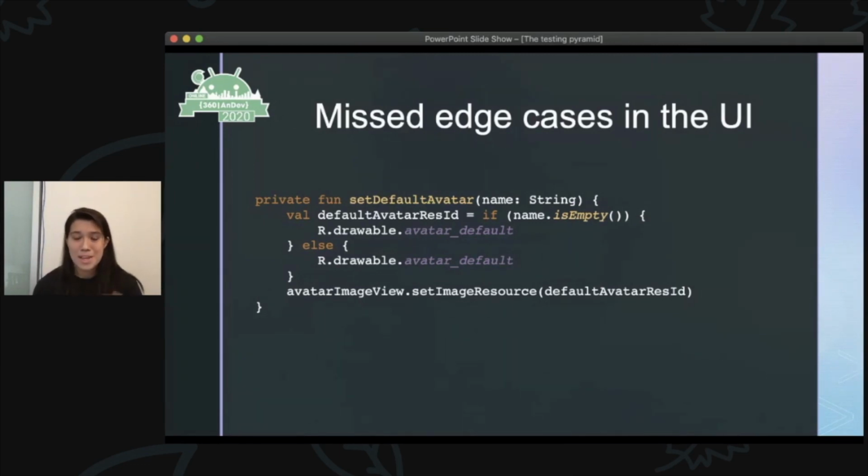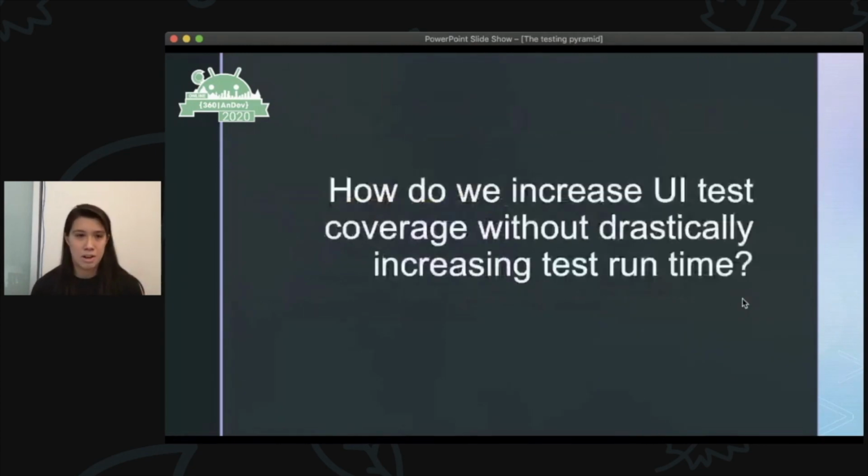But an end-to-end test would have been far too expensive for this little widget that is part of such a larger screen, right? So this leads to the more general question of how do we increase UI test coverage without drastically increasing test runtime, and other bad things that come with end-to-end tests, such as maintainability.